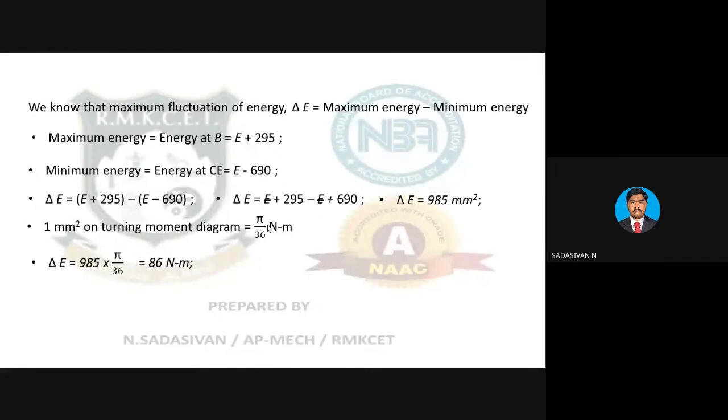What does this tell you? The maximum point of torque in the crankshaft. See, all this happens within one revolution of the crankshaft. Don't think that the engine will run fast for some time and slow for some time. It is not like that. It is plotted against theta. So energy available with the crankshaft fluctuates per revolution. Within one rotation itself, this fluctuation is going to happen. You cannot sense it. It is not humanly possible. It happens very fast.